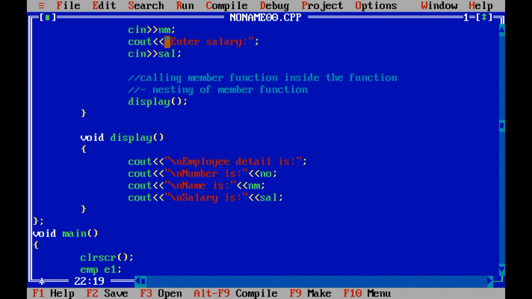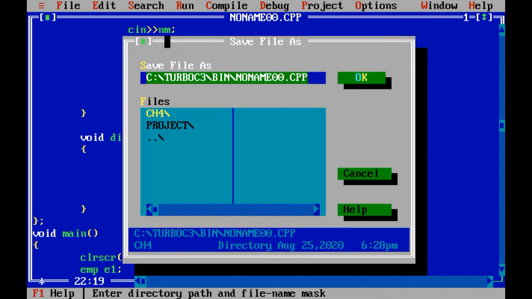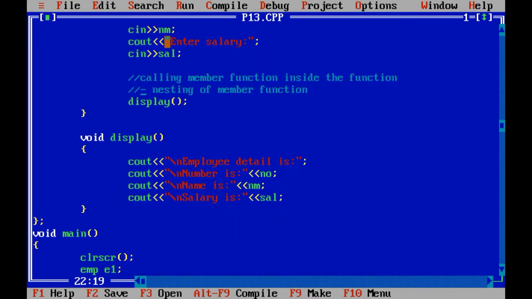Now first of all let me save the program, then I will explain. This is program number 13, because 12 programs we have already completed. So this is program number 13, nesting of member function.